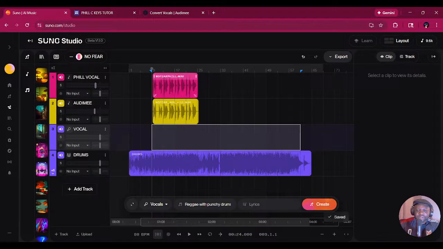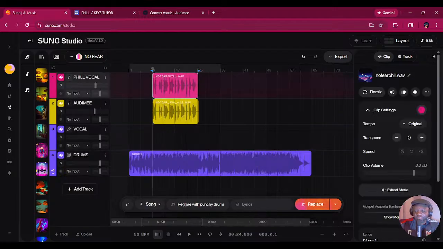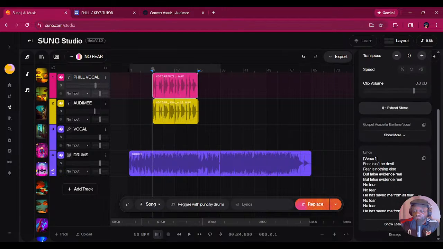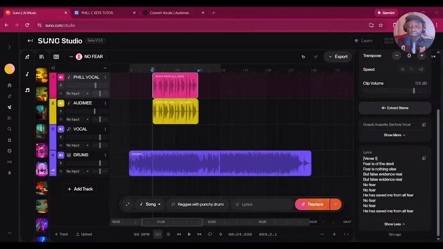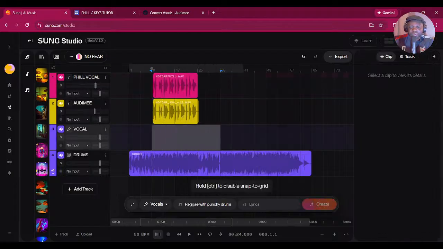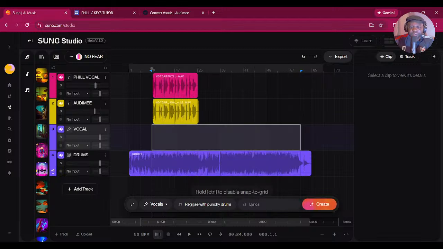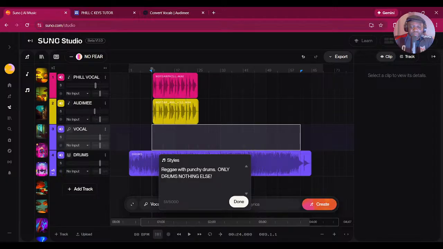and to guide it, we got to tell it what the vocals are. So let's click on any of these WAV files, scroll down, and let me get myself out of the way to the top. Okay. So this is the verse. I'm just going to copy it like that, and then back to the vocal. We're going to see what we've got here. We're going to give it a prompt.